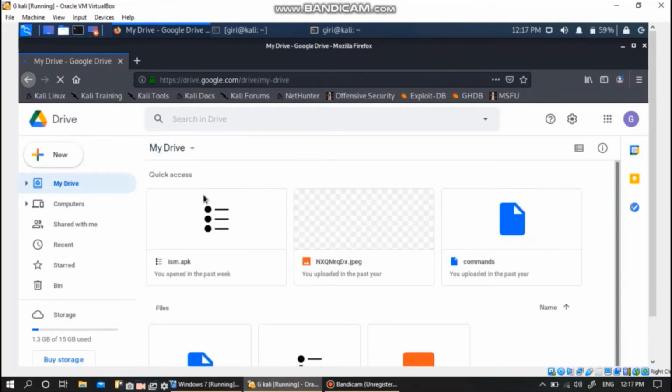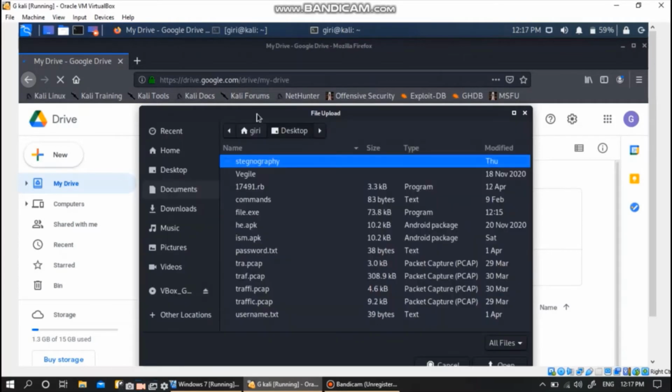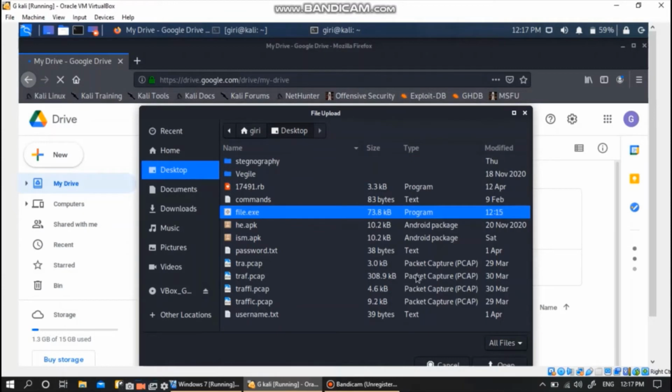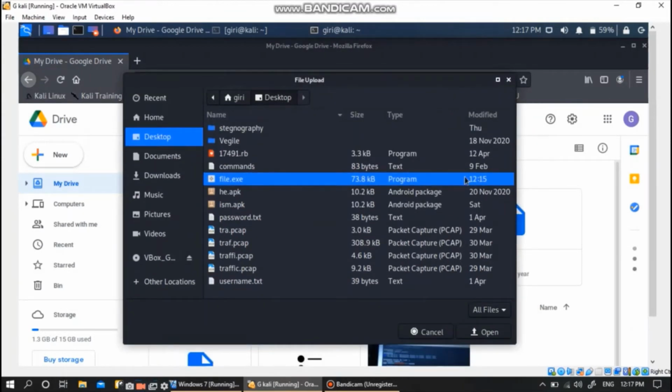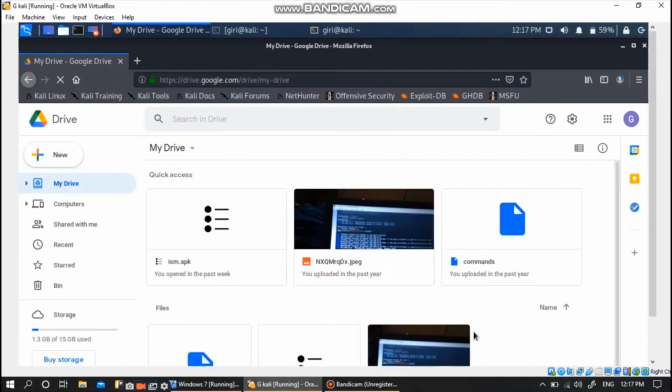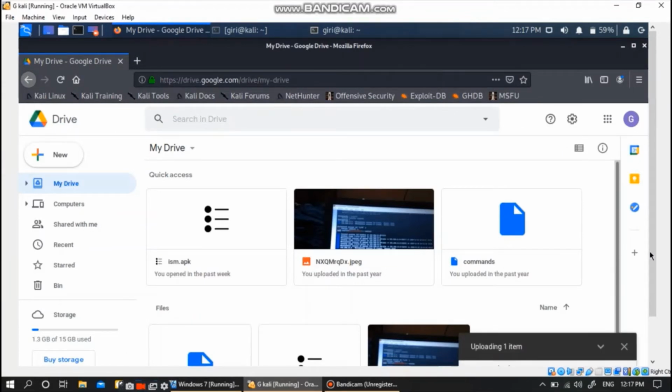So we are uploading this file to the drive from the root folder. File.exe is the hacking file, the file through which we are going to hack the system. It gets uploaded to the drive,